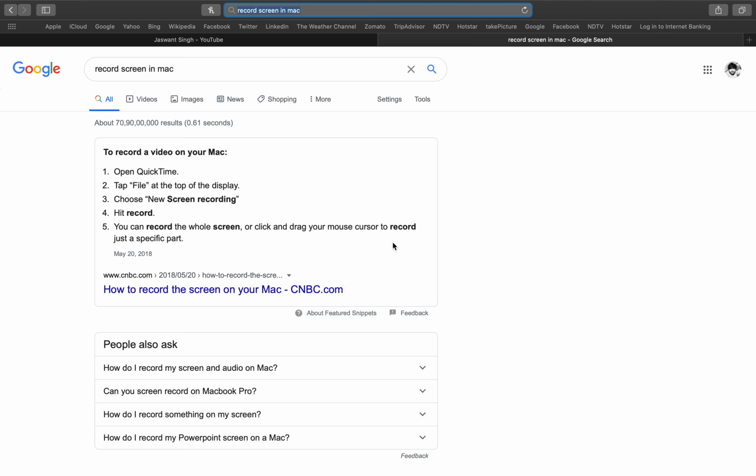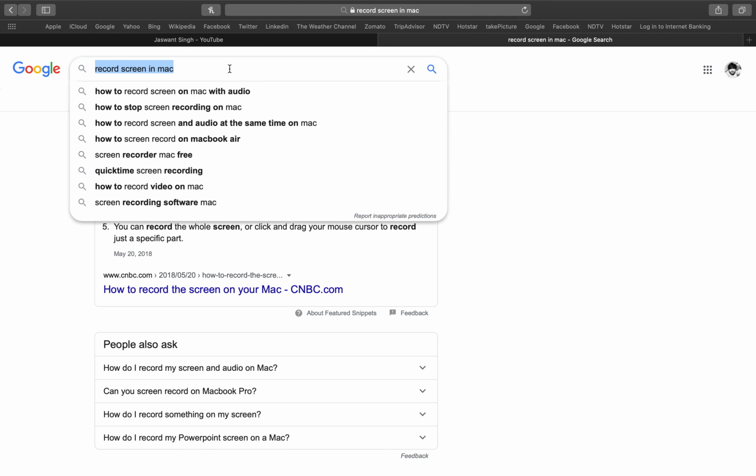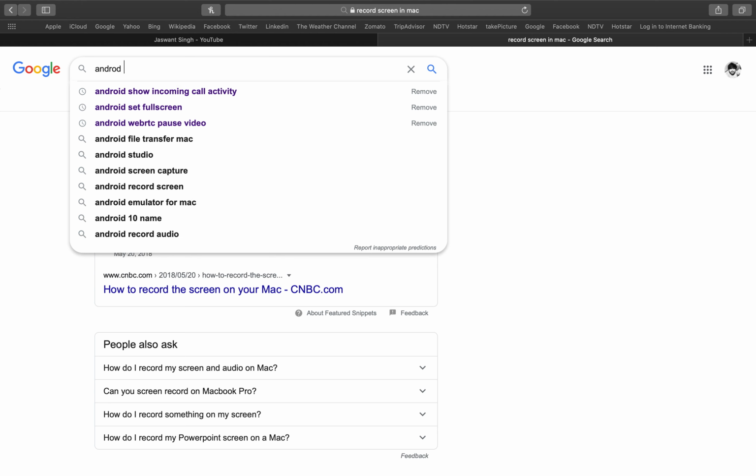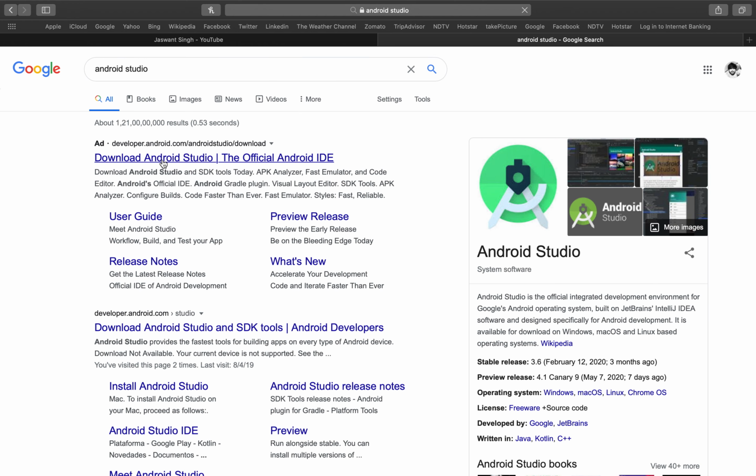First of all, you need an IDE. You can use Android Studio or VS Code, anything you are comfortable with. I'll be using Android Studio as it's my daily driver, you can say. It's free, so no worries. So first let's download Android Studio. Also, don't worry about the links. I'll add everything in the description.